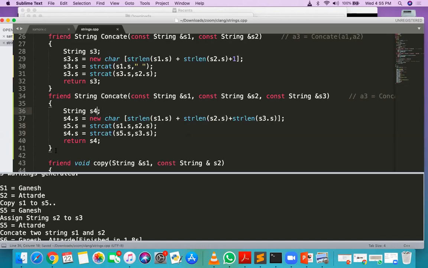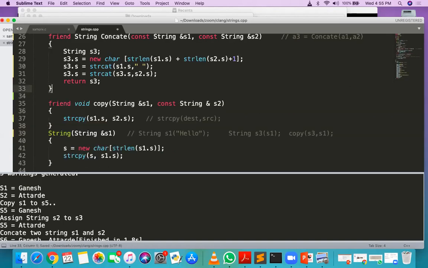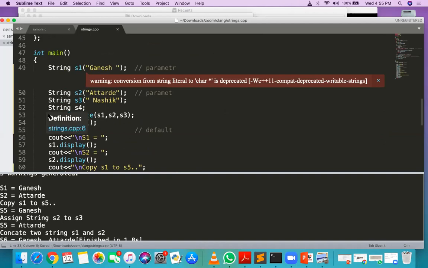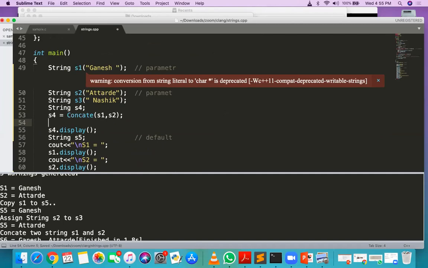Or instead of this, I can do the one method I found. If I want to concat the three strings, I can concat like this. That I'm doing in strcat.